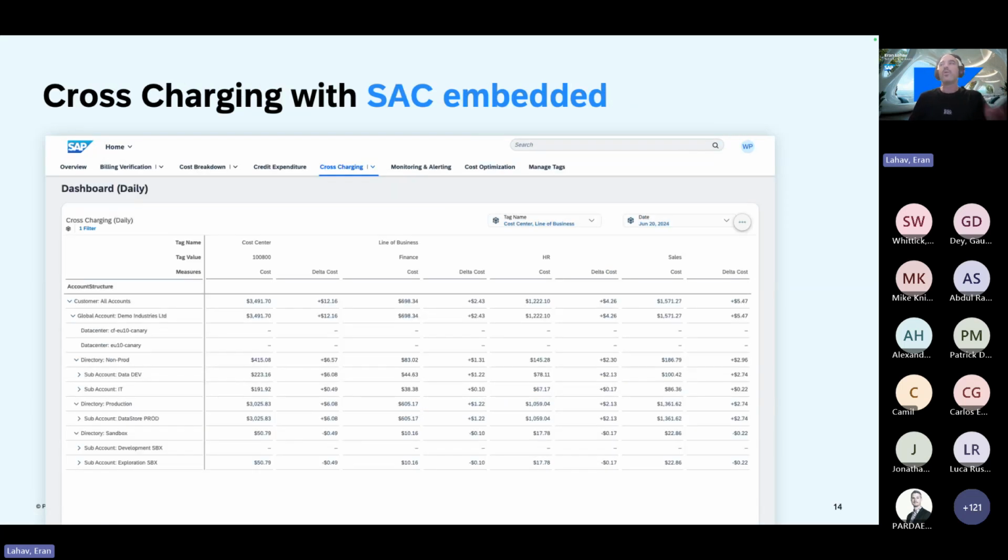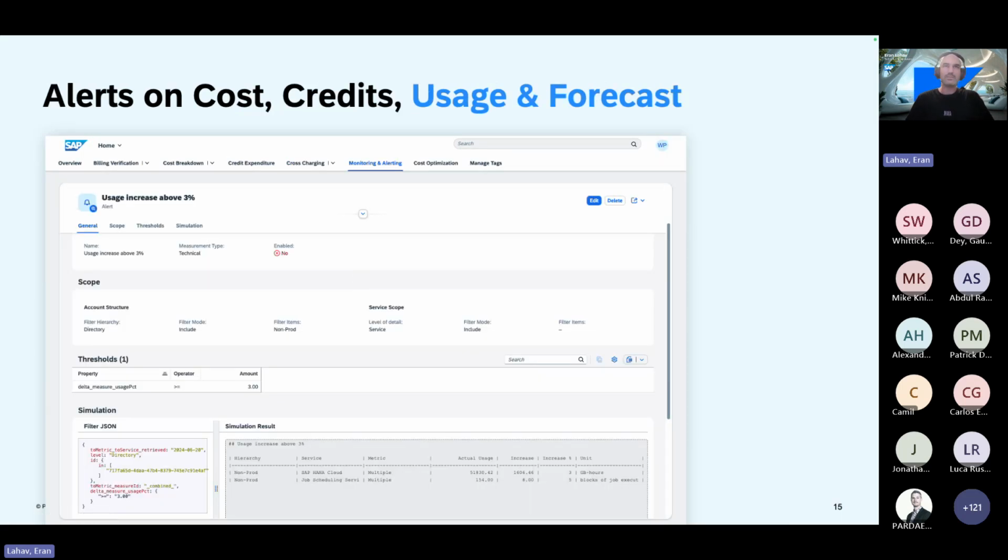On a screen where the BTP entities are no longer important, you're not talking about sub-accounts, etc. You can only speak about the tags. So basically transposing all the BTP entities' breakdown of the data and the cost to your tagging. So you can see how much each finance, HR, sales, etc. needs to take place, plus a very good and important guardrail, a very robust implementation of the alert notification service,